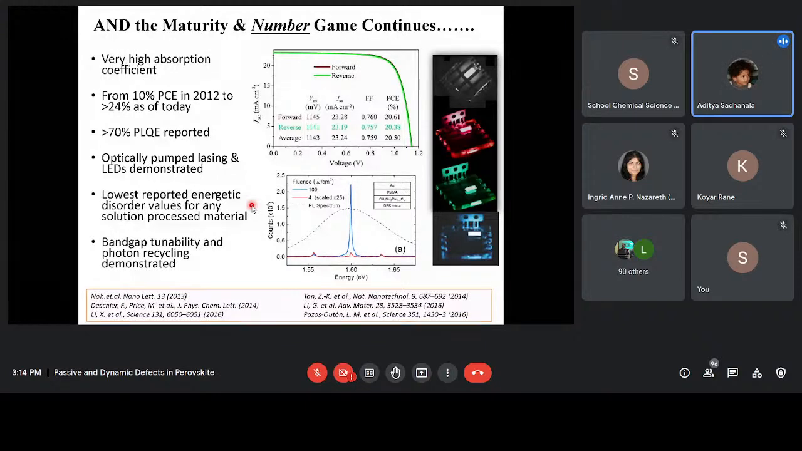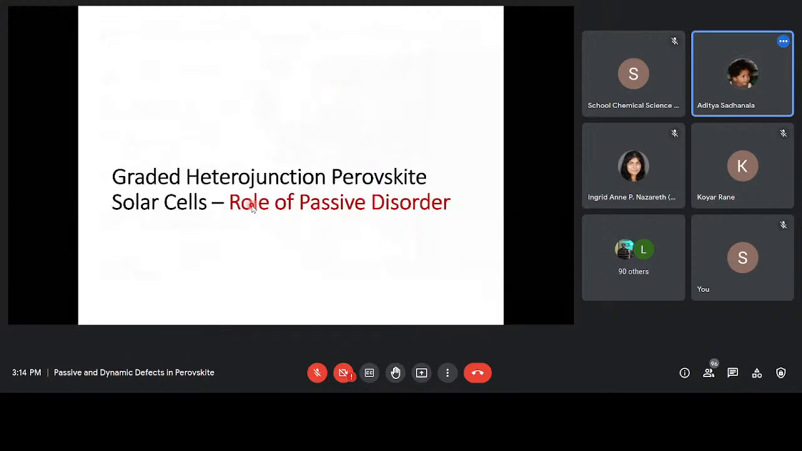Okay, so all the indium gallium arsenide or things like that. So it's very easy to grow these materials, and it's very easy to even tune the band gap just by merely changing a few components in the solution. Okay, so going further, we'll talk about a bit of passive disorder, and the topic for that is graded heterojunction